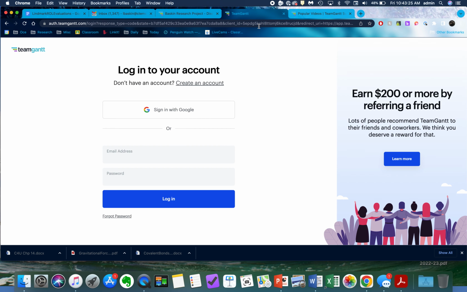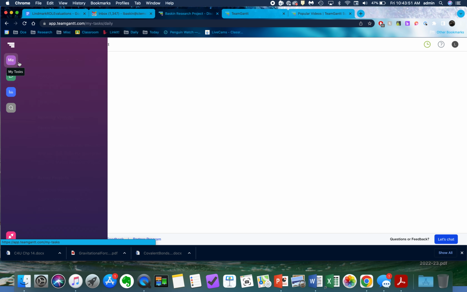To get to that point, you have to go to, and here's the website, TeamGantt.com, Team, T-E-A-M, Gantt. This will take you to a sign-in. You're going to click create an account and sign in with your school account. It will take you to a project that has yet to be populated. Make sure when you're given the option, you always name your projects the same way I did and the same way your classmates, most of them have,